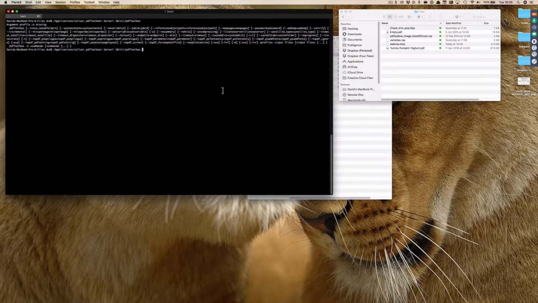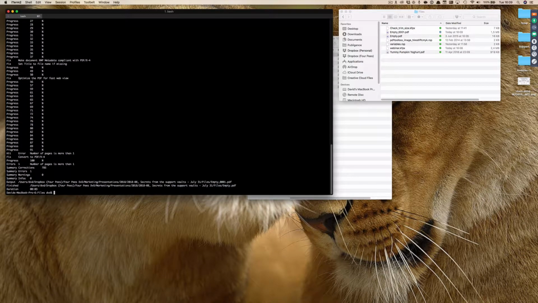And what I can try to do first of all now is I can run pdfToolbox. And as I said, we need a profile and we need a PDF document. So I can enter the profile. I could also on the Mac simply drag it on here, but because I'm actually in this files folder, the easiest thing is to just refer to it by name. And then I'm also going to use a PDF document. And if I run this now,